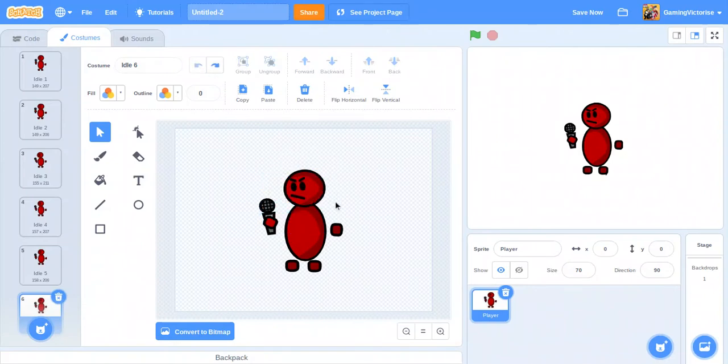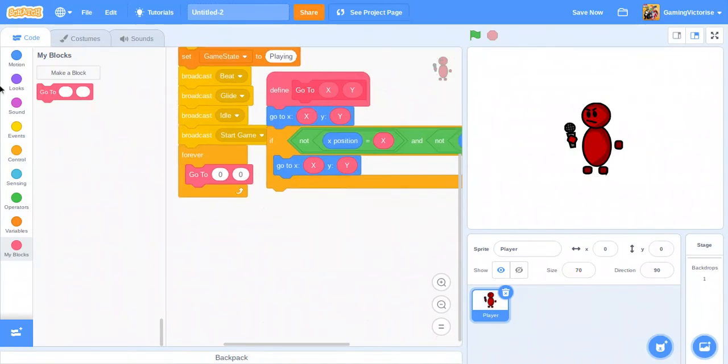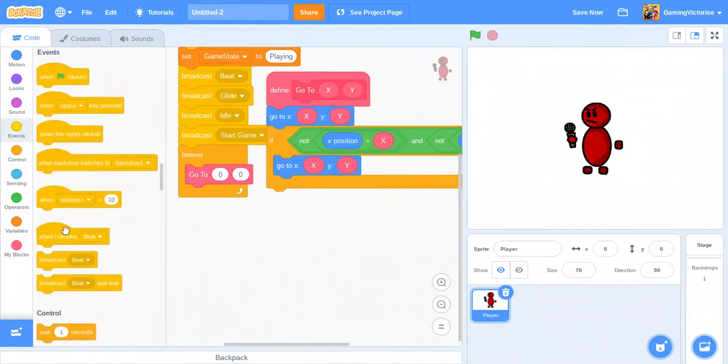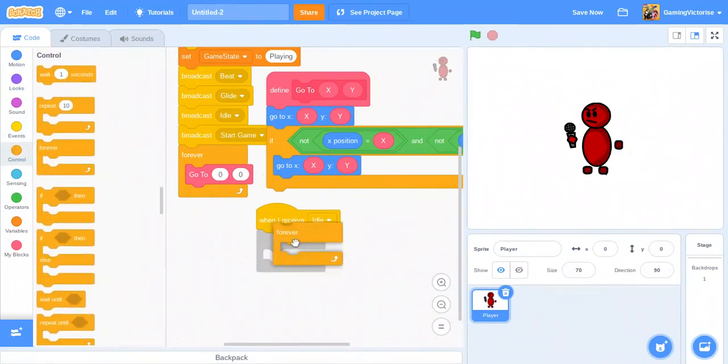Make sure you got the whole head selected with the mic. And then I'm going to bring it back up. And to make the code, we're going to grab when I receive idle, and we want to go grab forever,